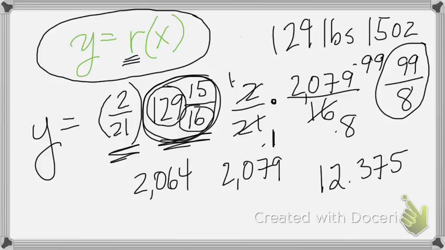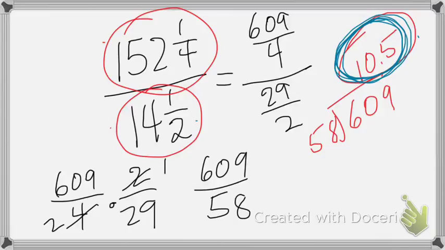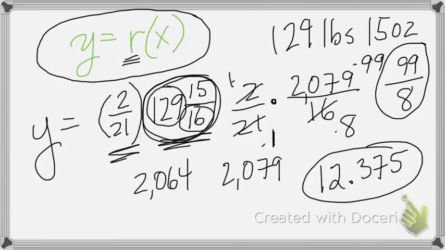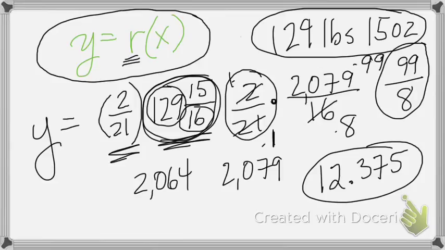And I want to go ahead and get my ounces there. So if I do 0.375, let's see. Okay, all right. So we are going to get 12.375 as our backpack weight. So this person who weighs 129 pounds and 15 ounces, if they apply our rate of how many pounds in the backpack per pound of weight, they are going to have to carry 12.375,